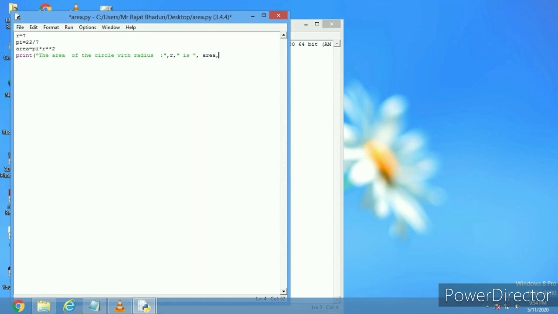This is a Python shell or IDLE shell mode. This is called Integrated Development Environment based Python IDLE scripting.